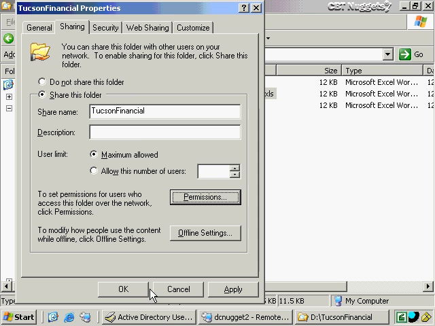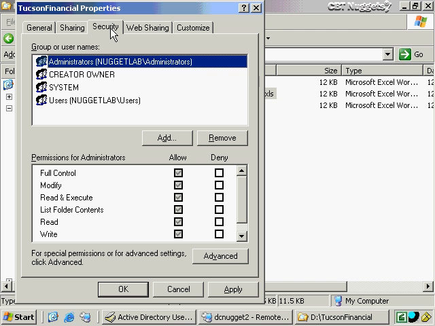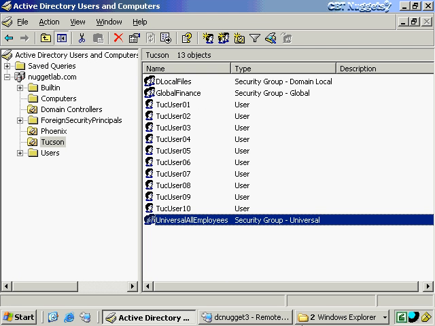So I'll click OK. And then I would also even add additional security on the Security tab if I want by, again, adding that specific group and then becoming more granular in the kinds of permissions that I grant to that specific group. And again, we'll talk more about this kind of thing when we talk about resource access later on. And then to continue our discussion, I've got this universal group that I want all employees to be able